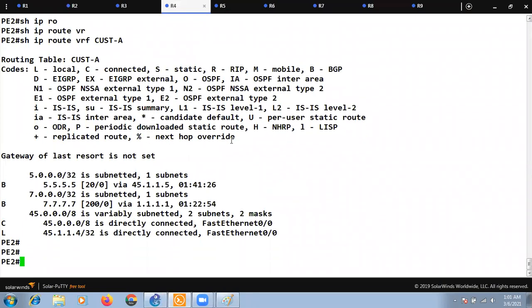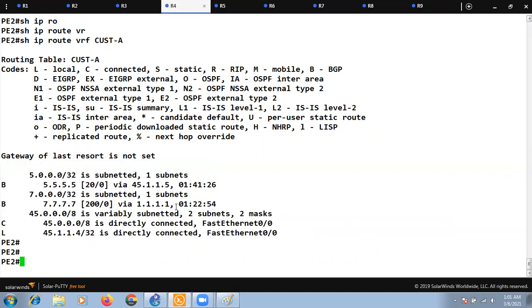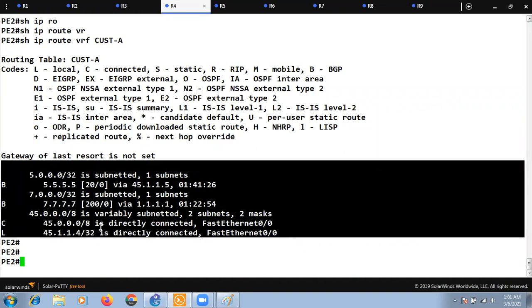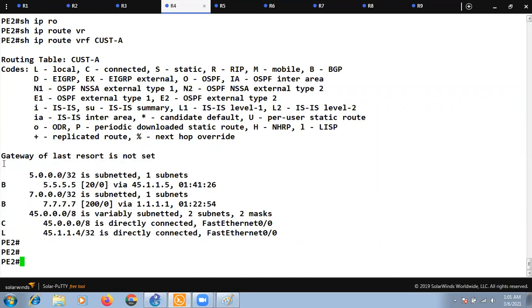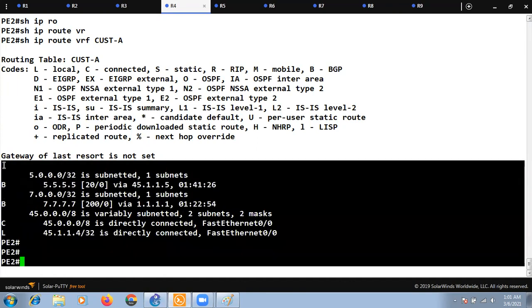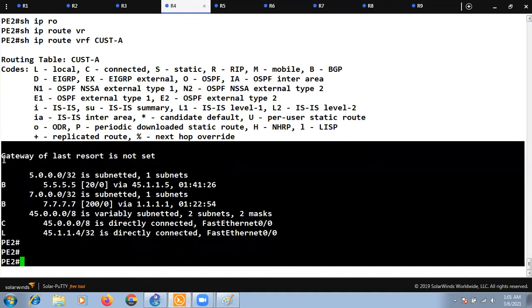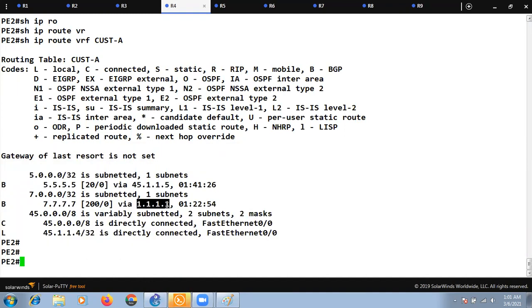So now it will eventually find out that yes, I have the information of 7.7. And what is the next hop? The next hop value is 1.1, but you can see here in the VRF table there is no 1.1, because 1.1.1 is a part of the global routing table. But there is an exception here in the VPNv4, because we are running the VPNv4. So now PE2 knows that it needs to look into the global routing table and find out